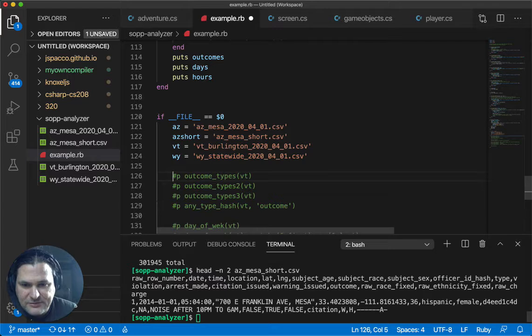So let's look at what happens, and then P, and there's three ways of printing in Ruby. There's P, there's print, and there's puts. It leads to some really funny puns